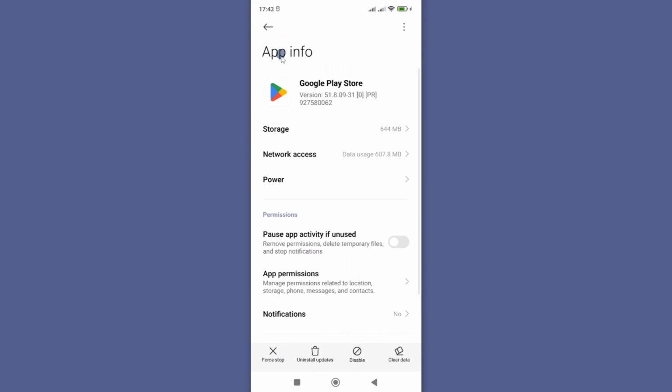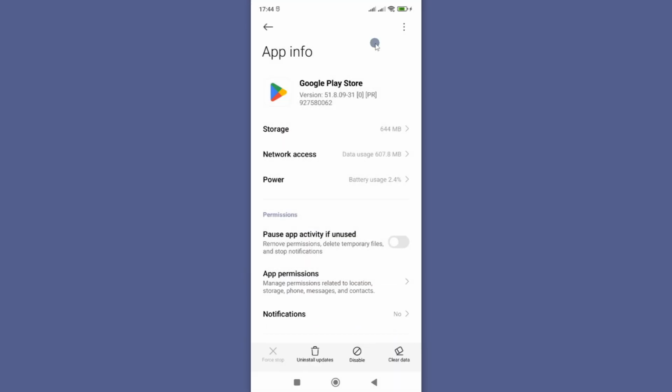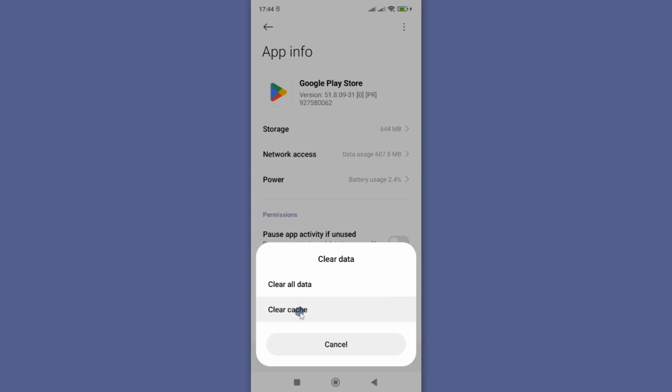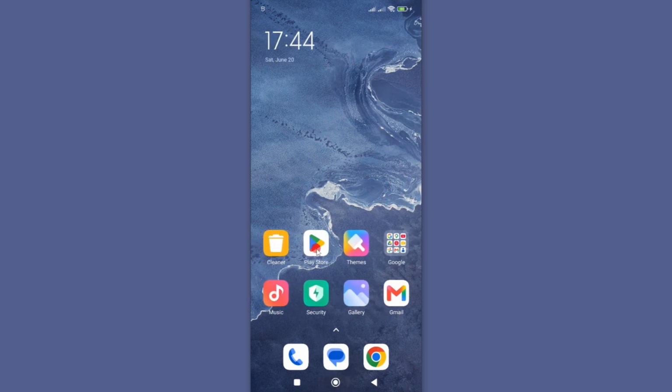Here it is. We are on Play Store app info page. First, go to Force Stop to stop any background activities that might be causing the issue. Then go to Clear Data and then Clear Cache, and finally OK. At this point, you will need to restart your smartphone, and once you have restarted your phone, go to Play